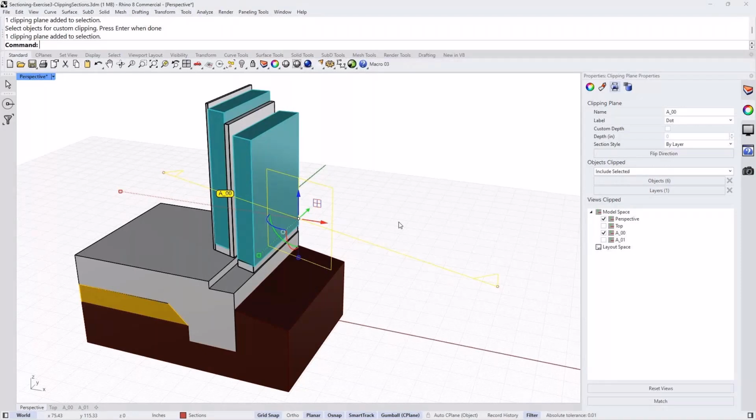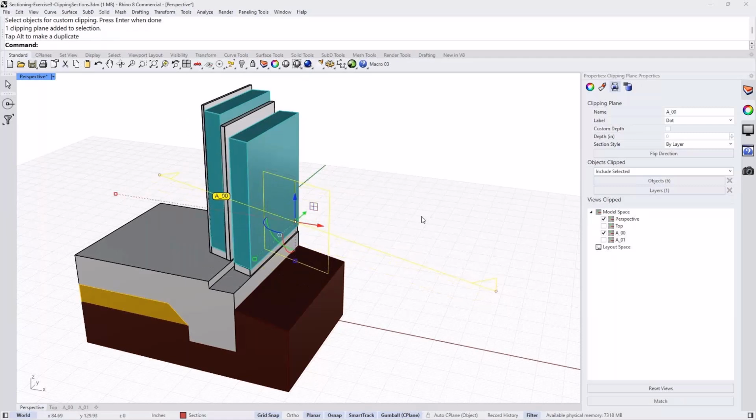So almost like stripping the model, especially if you have objects inside objects. So this selective clipping is very, very powerful in that it allows you to pick which objects specifically you want to cut through.